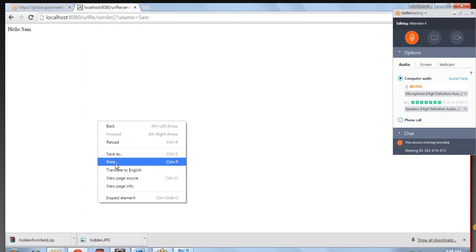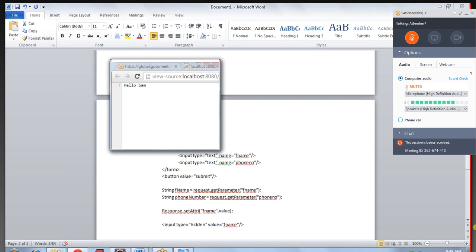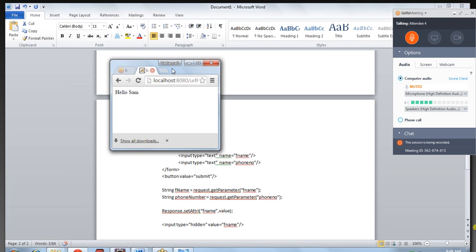Your source. Now this will give you the source of how it is actually, what is the value of the particular hidden value. Okay, so this is one of the